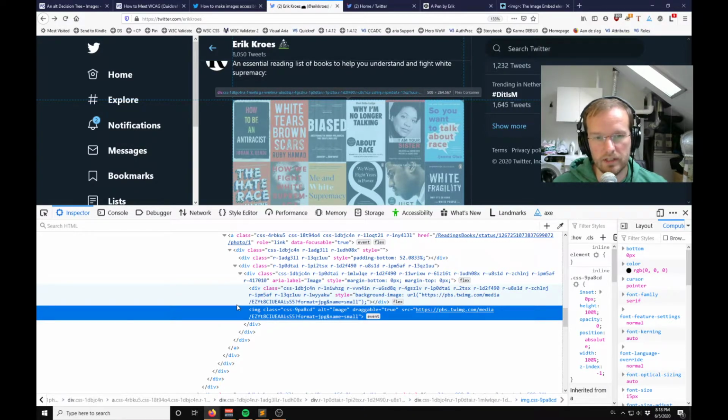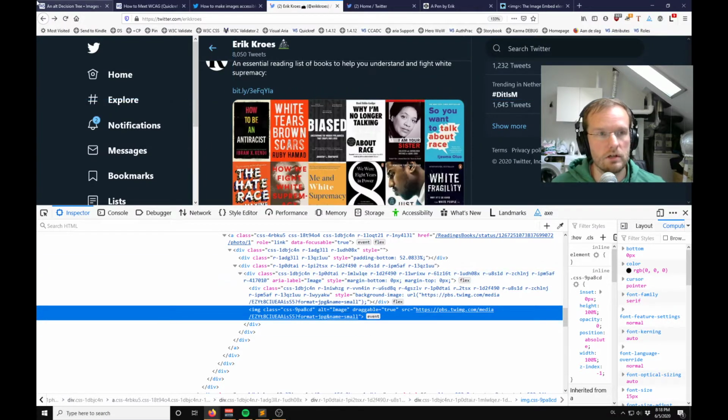What Twitter does by default, that's really strange. When you have an image tag, it already adds an alt, and it says alt is image. And why is that strange? It does not describe the image. It adds no value. No value at all. It's actually more confusing. Because what happens, and I'm going to another resource here,